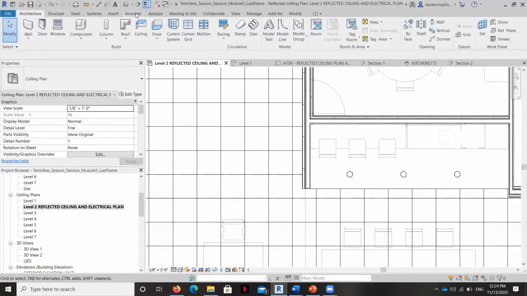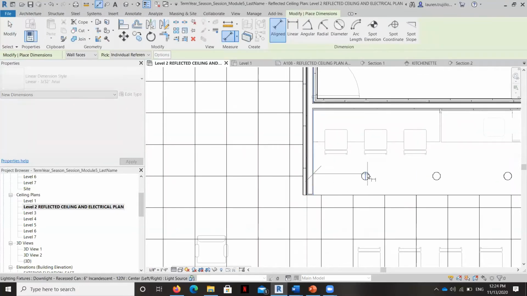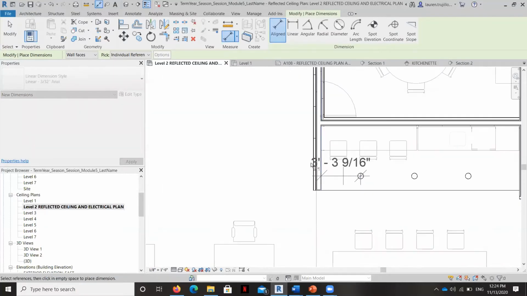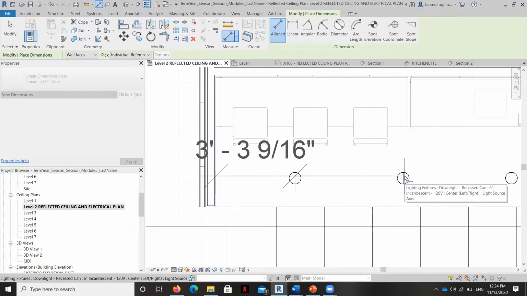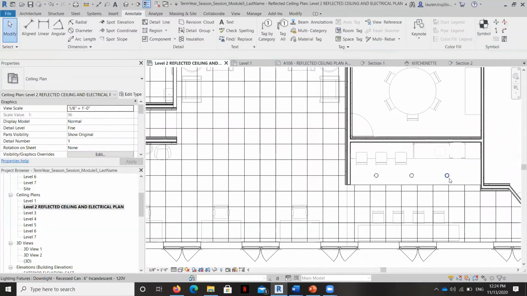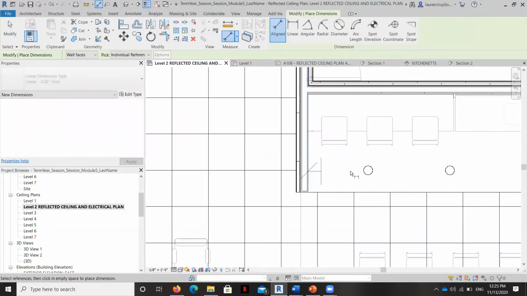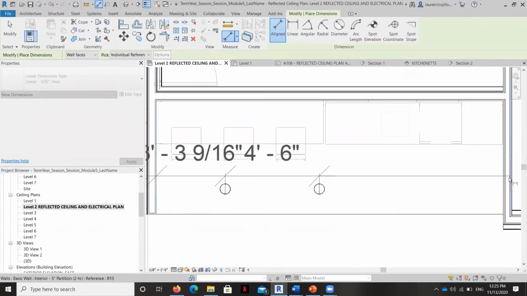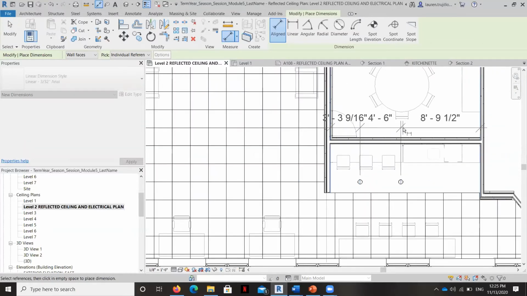Let's go ahead and take a detail line and just see how far apart they are right now. They're really close together. Okay, so what I'm going to do is I'm going to get rid of one of them. Now I'm showing you the process here to align these, but I'm going to just show it to you once, and then as I do this for other components on the ceiling, I'm going to pause my video. Otherwise, you'll just be watching me do mouse clicks.